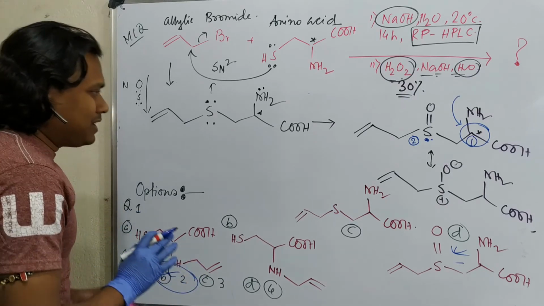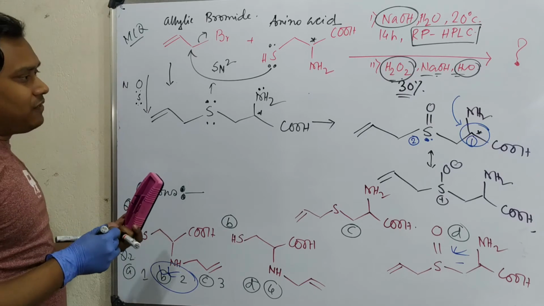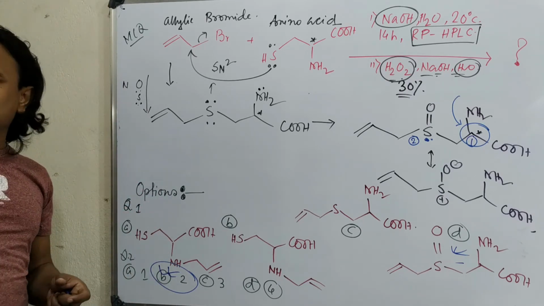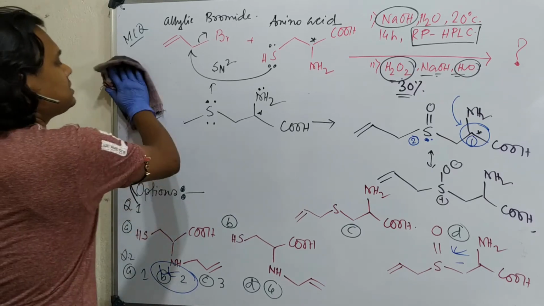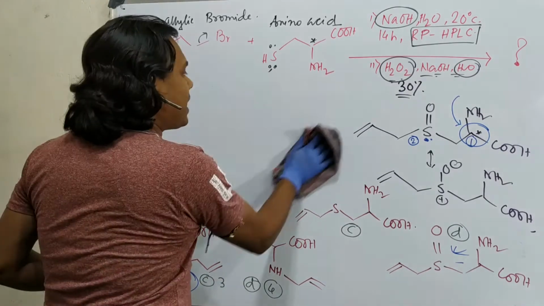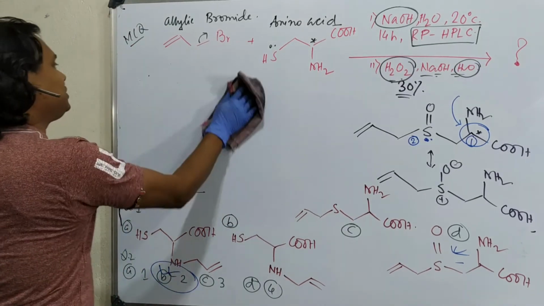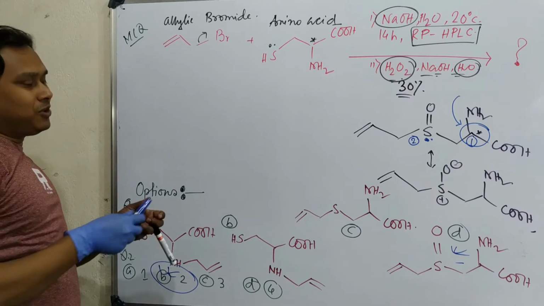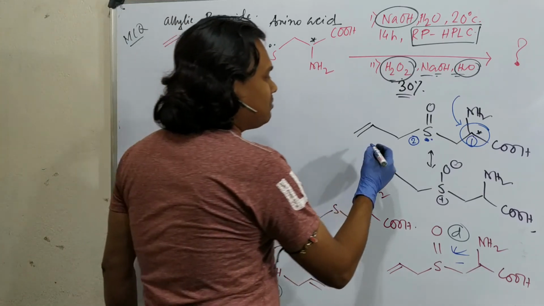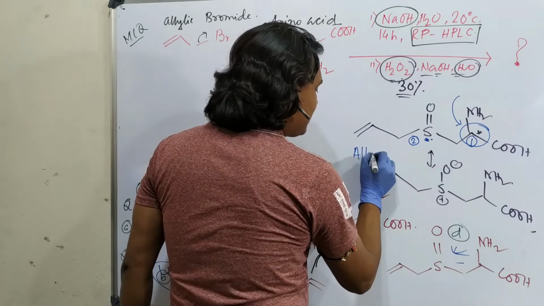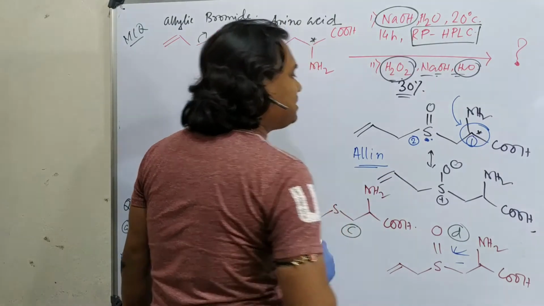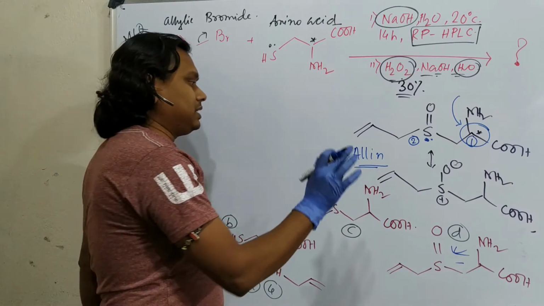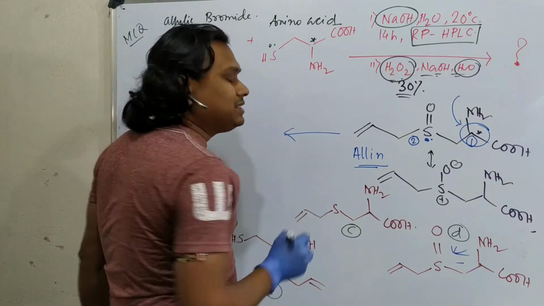Now from this discussion you have understood that whatever we have discussed in this lecture is an important molecule. This is a very important bioactive molecule, and this molecule is useful to prepare another bioactive molecule. First of all, what is the name of this molecule? This molecule's name is alliin. Okay, and why is this bioactive? I'll come to that.